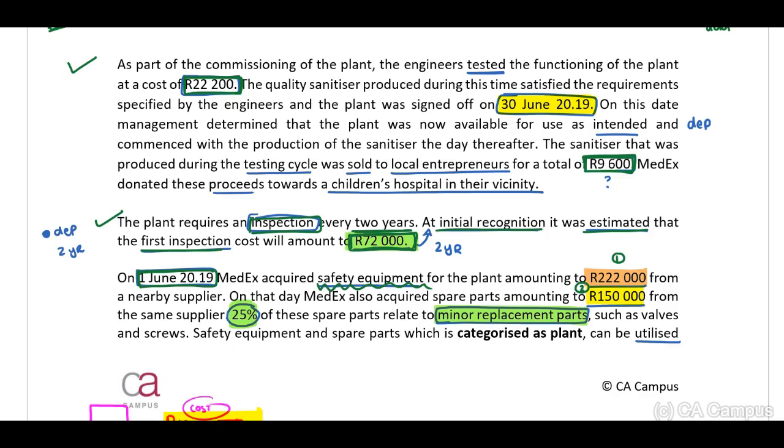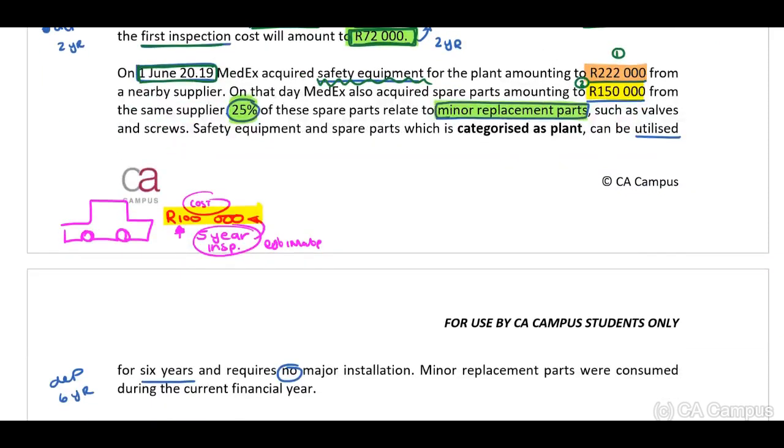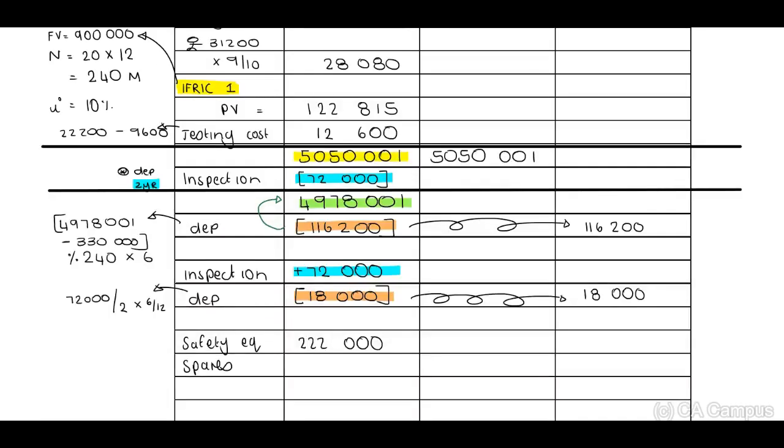Okay? Therefore, if 25% relates to the minor replacement, we need to capitalize 75%, which will relate to the major replacements. Therefore, in our calculation of our plant, our spares, we have the 150,000 times 75%,